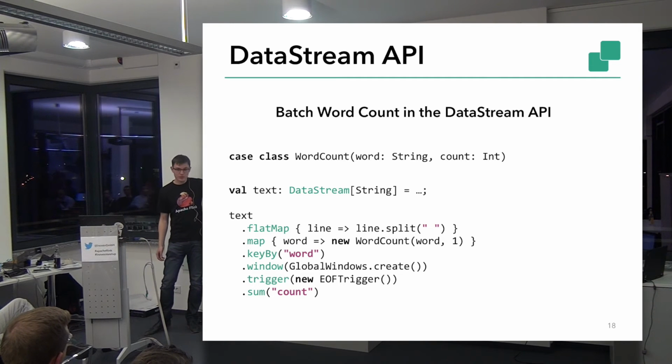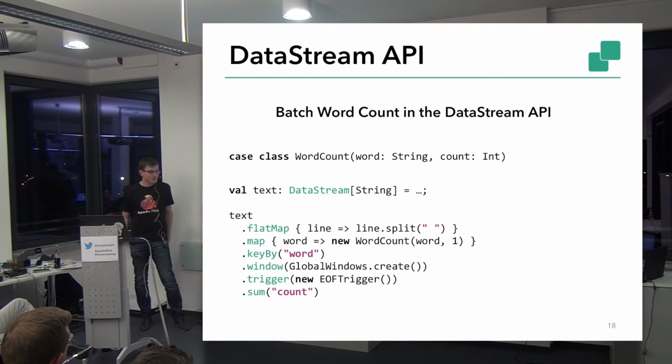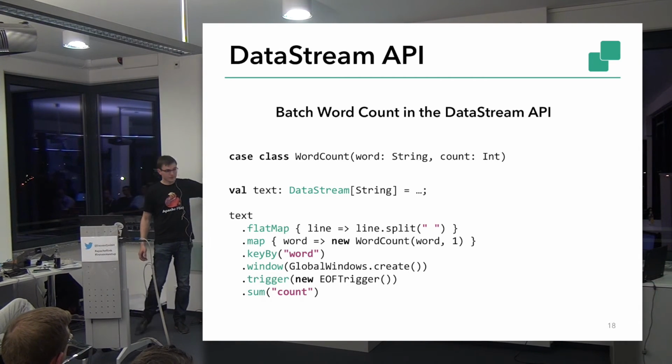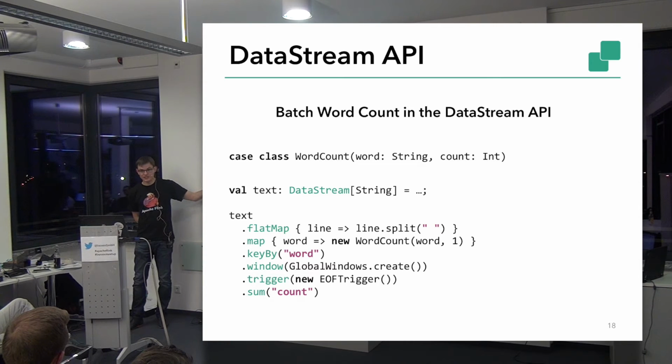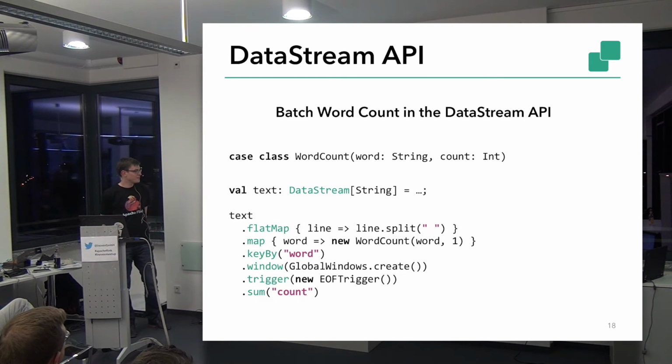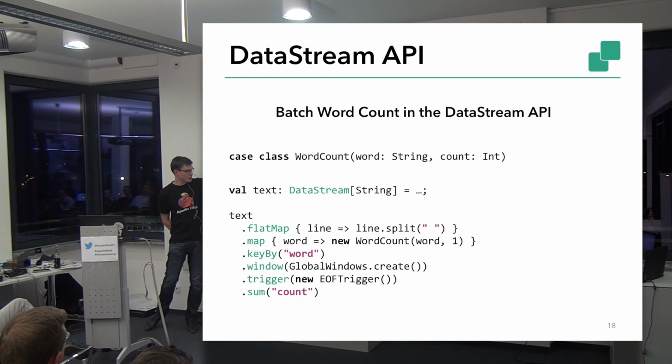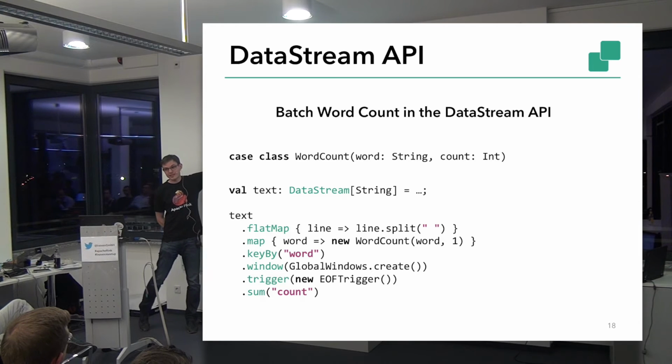Then we have this window operation, so here you should realize that you're in a streaming program and not in a batch program, and some operation for doing the word count. And the interesting observation is that this is just a regular batch word count example implemented as a streaming program. So what we do here is we create one global window, so one window that has the size of the entire data stream.